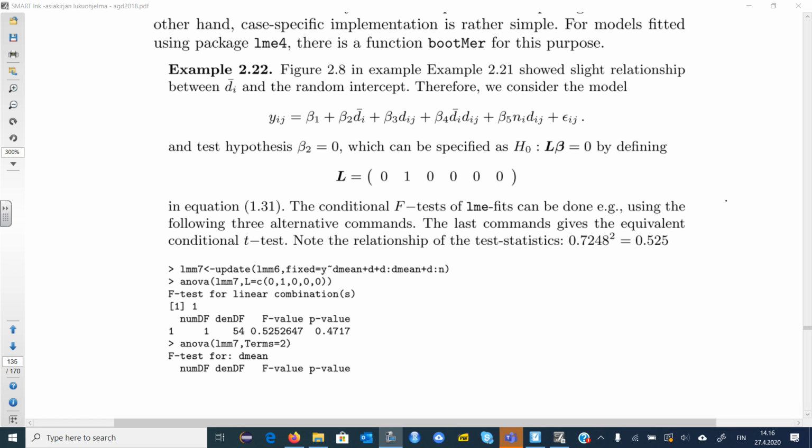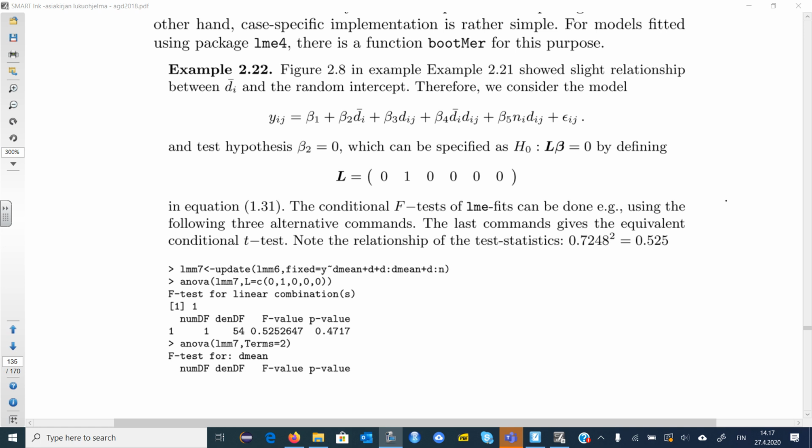This video discusses examples about hypothesis testing in a linear mixed effect model. We start with a hypothesis test about the fixed effects of a linear mixed effect model. So in the previous example 2.21, we noticed that in our transformed height